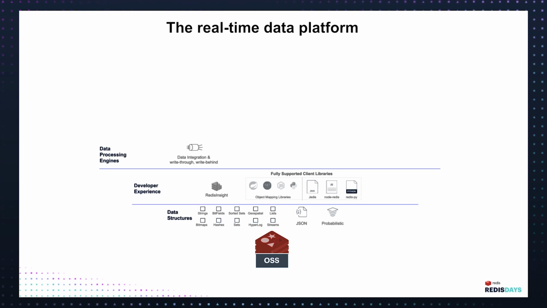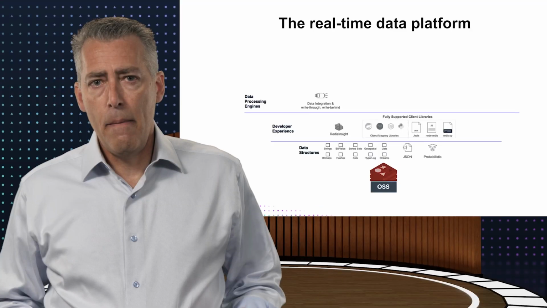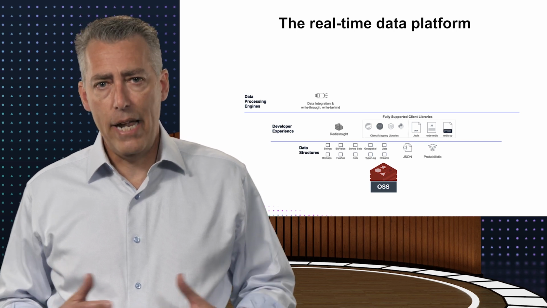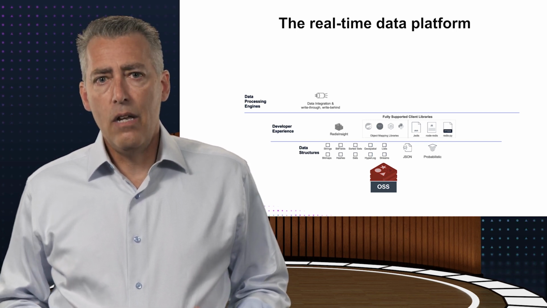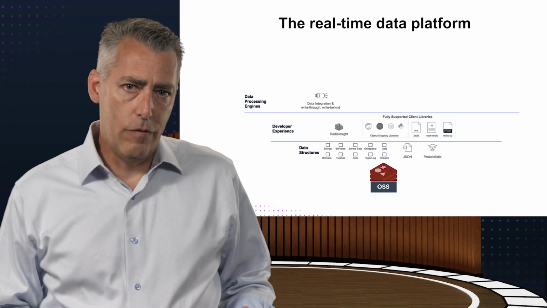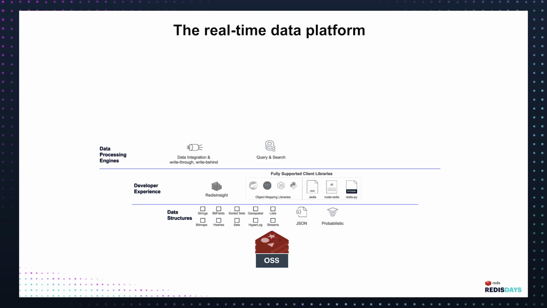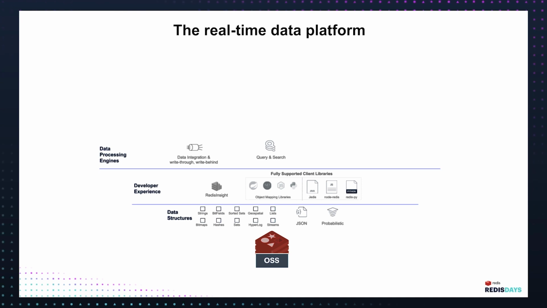Specifically, we have introduced event streaming capabilities where you can interact with data via stream. And as part of Redis Enterprise, we're utilizing that capability to introduce advanced data integration options, such as leveraging change data capture from other data platforms to ingest data into Redis. We've also introduced a query and search capability to allow you to inspect hashes and JSON data within Redis. You can define secondary indices, which allow you to move beyond the traditional key-value data access experience.